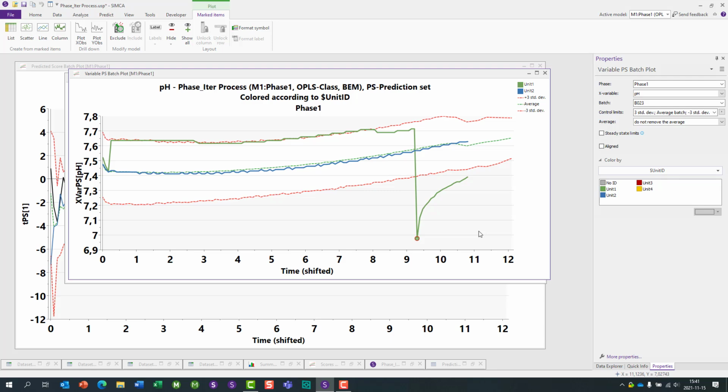This was what I wanted to show you. The target in this how-to video was the existence of the phase iteration ID and how to operate it and how to use it